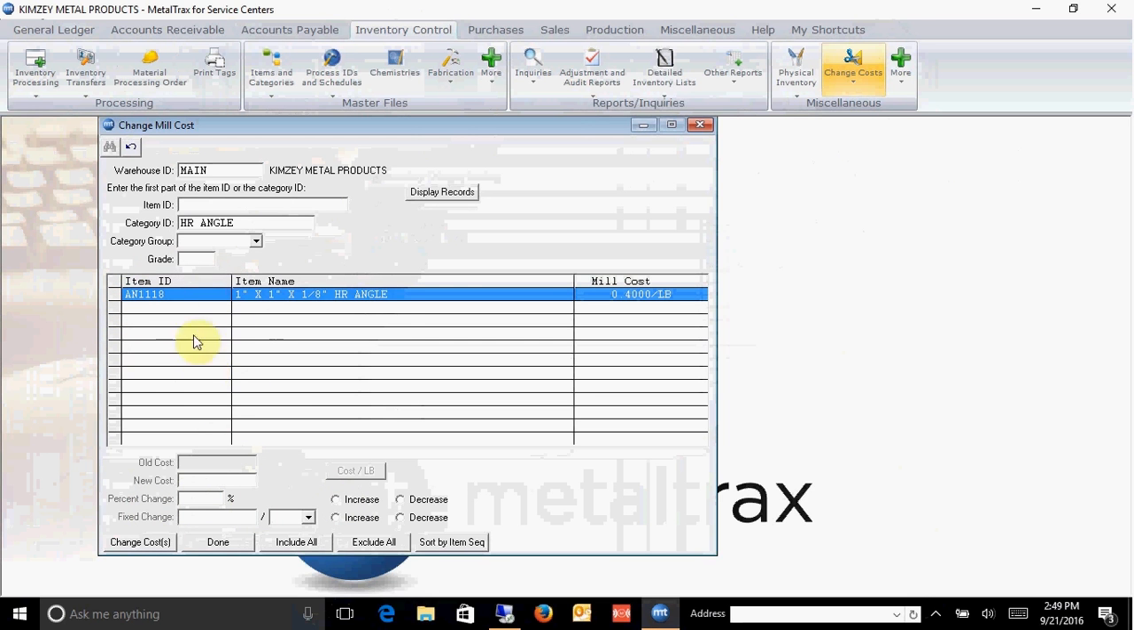And we will cover this later in our change mill cost training session, but I just wanted to show you right now. We don't have very many items in there, but we will as we bring in more items. And so that is your pricing